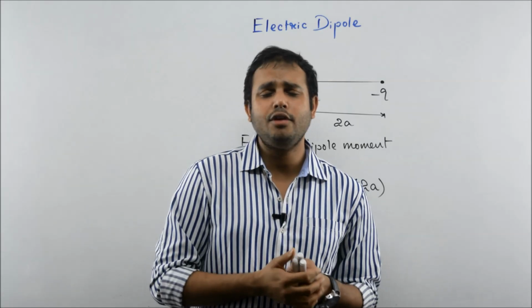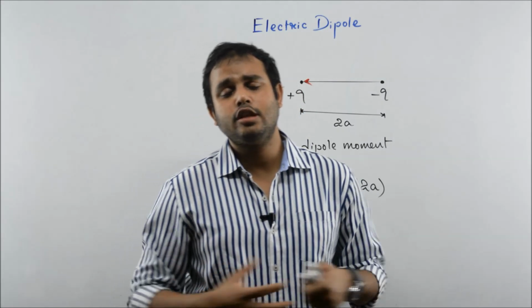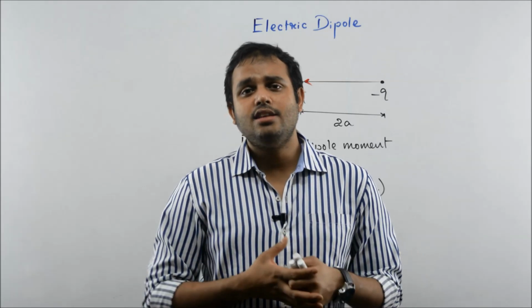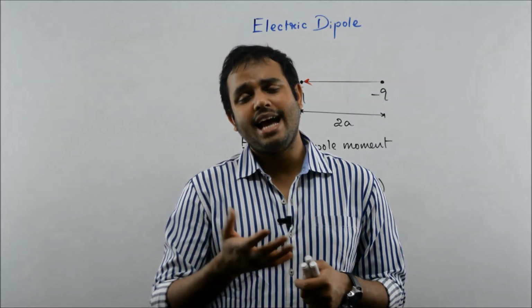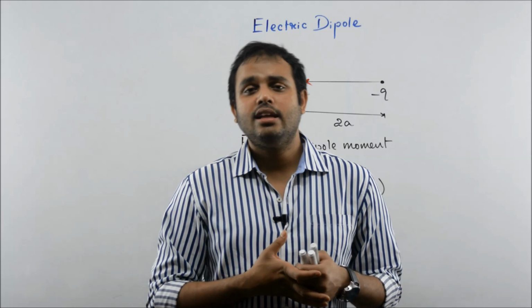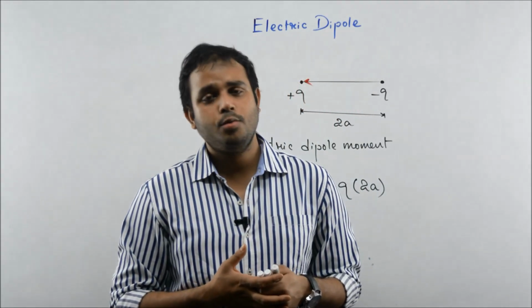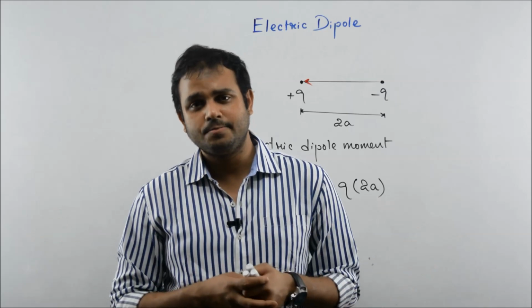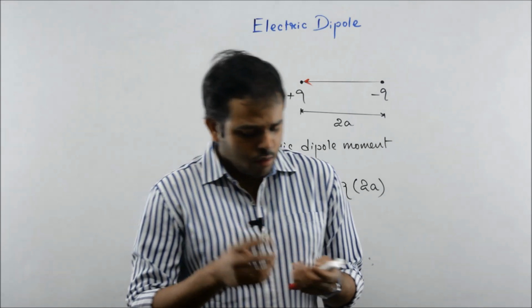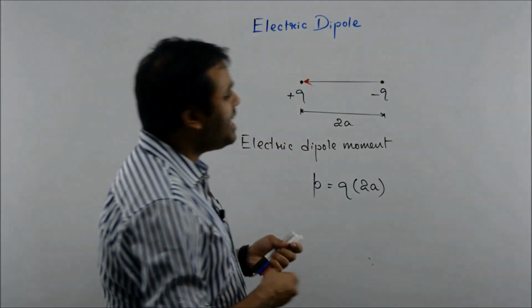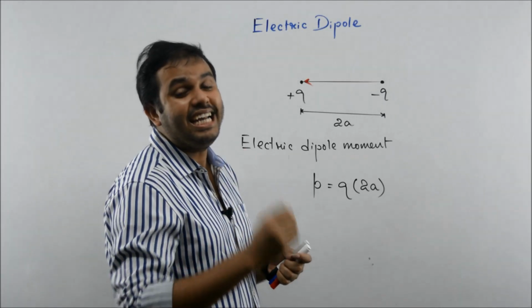Also, students, if you are asked to give some examples of electric dipoles, we can answer H2O, then CH3COOH, then HCl. These are a few examples of electric dipoles which are present in our surrounding. Clear, students? Now a question comes, what is a point dipole or ideal dipole?